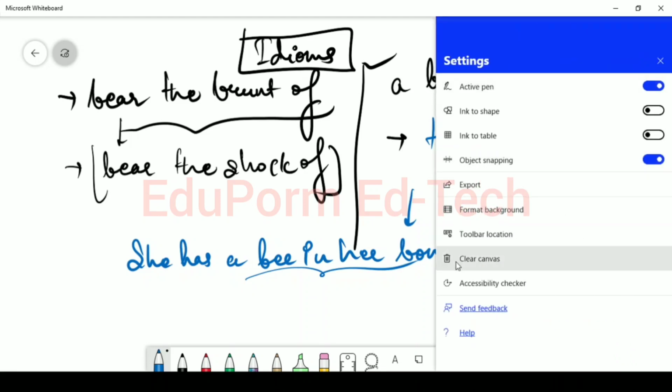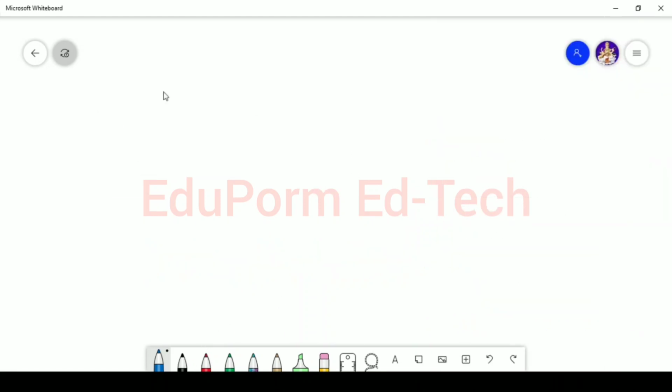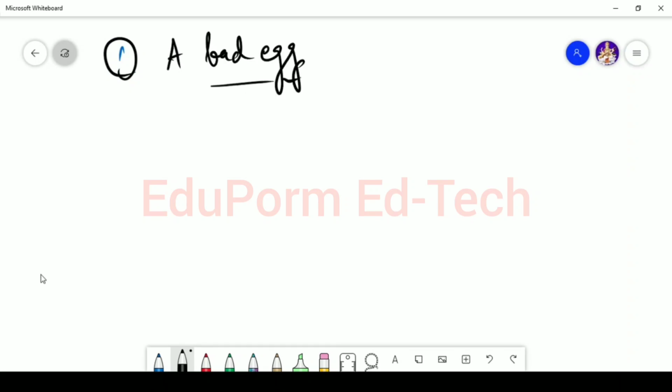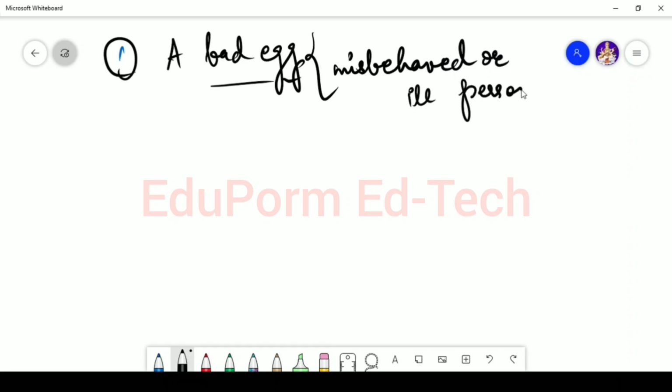now let's get started. Okay, the first one is a bad egg. Now what does a bad egg mean? Am I referring to a kharab anda which cannot be eaten or something? A bad egg means a misbehaved, okay, a bad egg means a misbehaved or ill-mannered person. Okay,